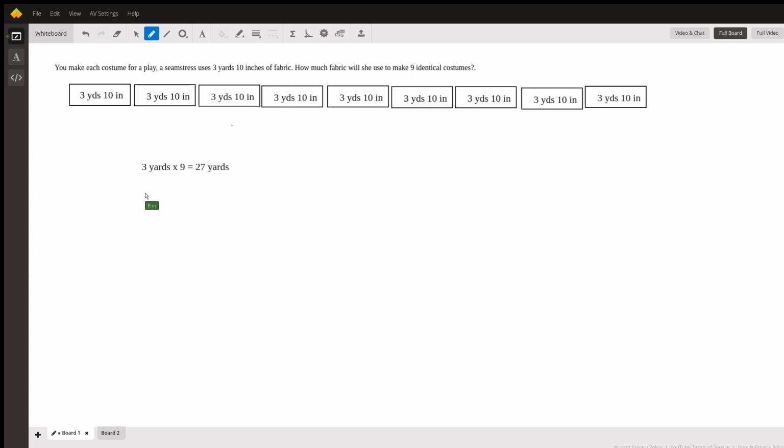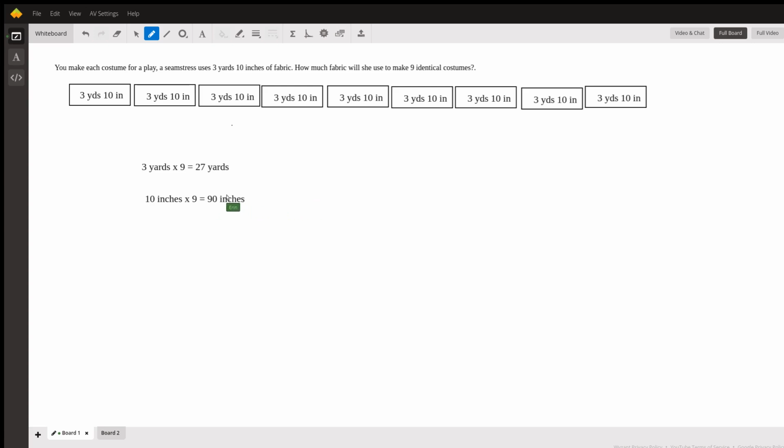Our second equation is our inches. We have 10 inches. We also have that 9 times. So we have 10 inches times 9, which is going to give us 90 inches. So we know that we're going to be using 27 yards and 90 inches, but what we still need to